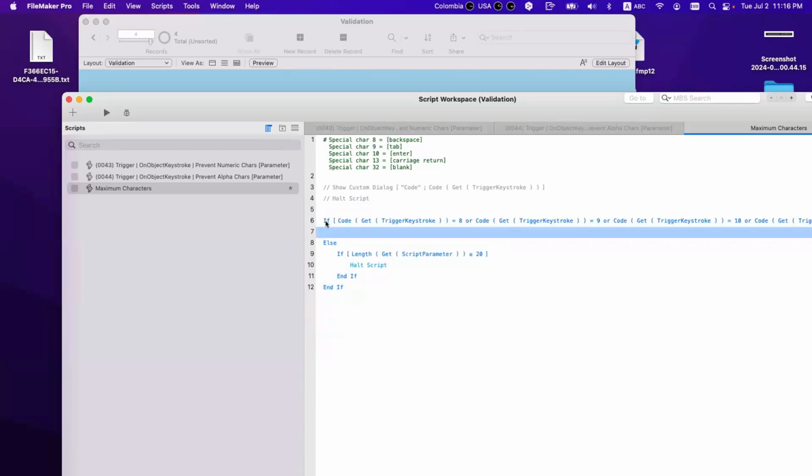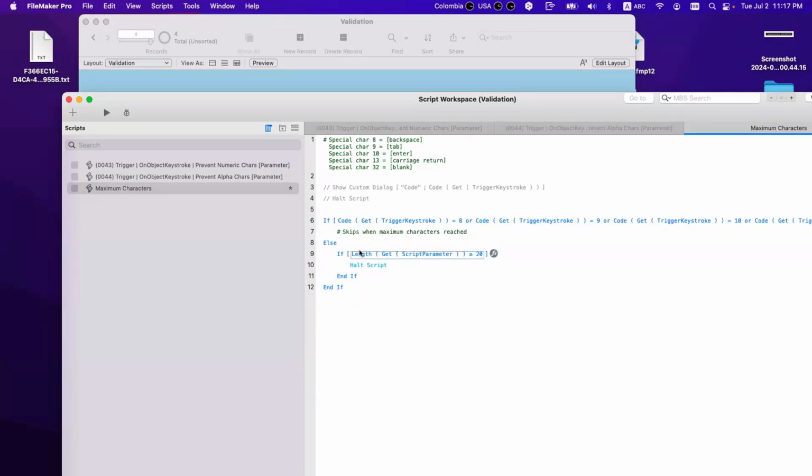I can put a comment here: skip when maximum characters reached.